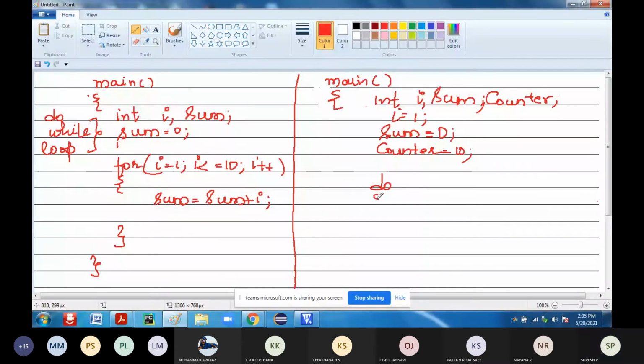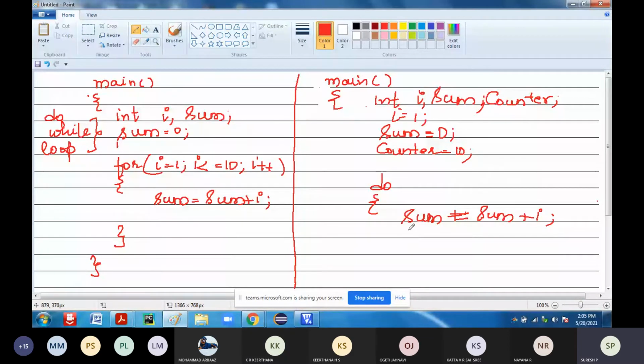So first in the do while loop, what will happen? In the do, you are going to have sum is equal to sum plus i. Now after sum plus i, what do I need to increment?